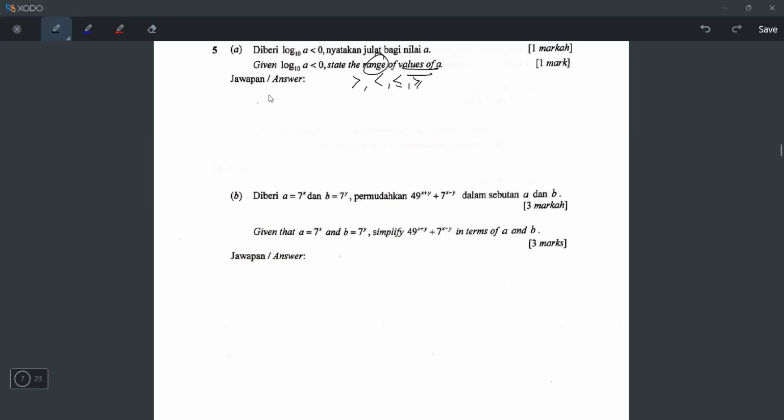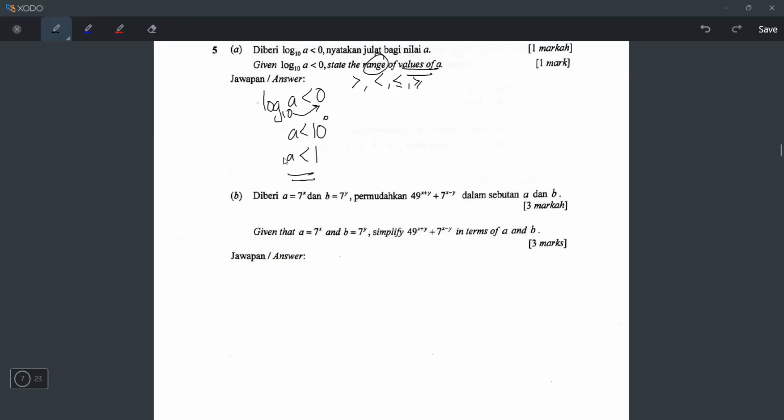Log a base 10 smaller than 0. They want you to state the range of values of a, right? So what you do is, you can move the log base to the other side. What happens when you move the log base to the other side? The log base becomes the number base like this, okay? And the symbol is still smaller. So now it will be a smaller than 1. But there is a problem here, because if this is your answer,